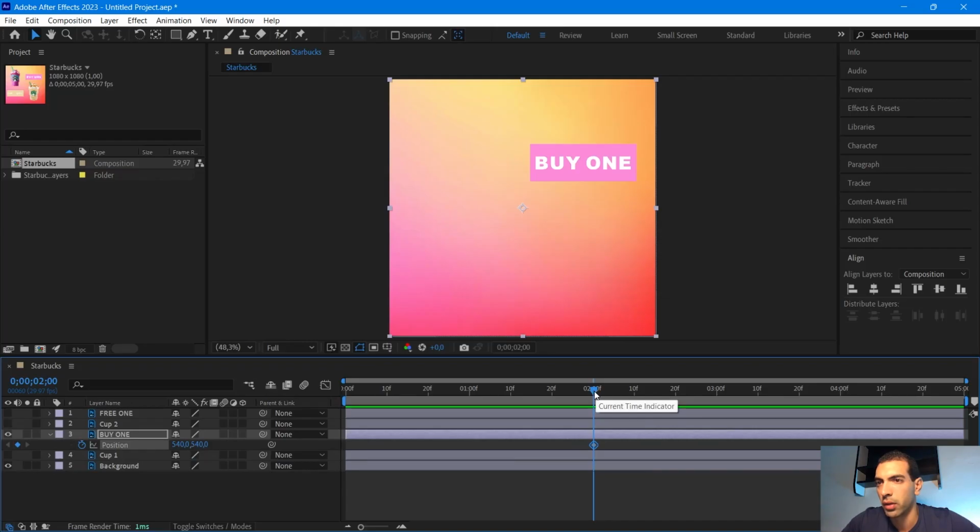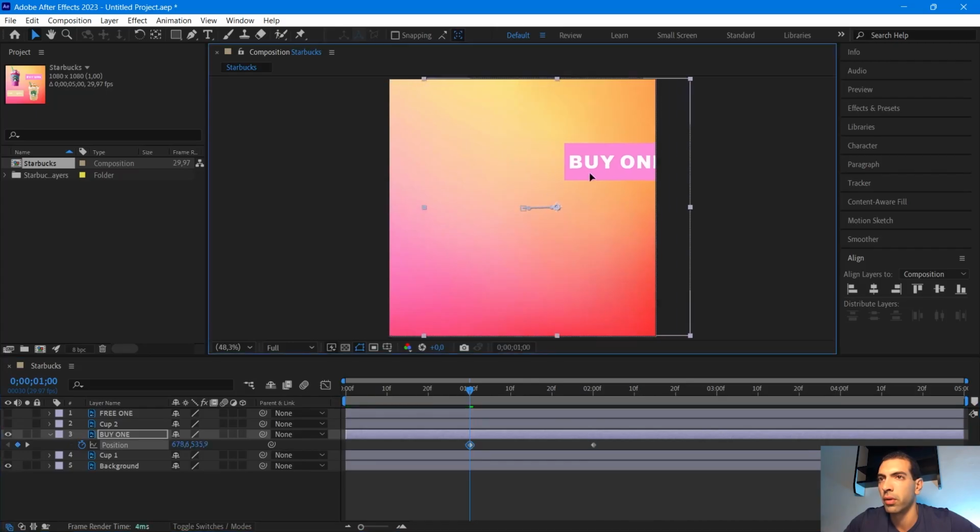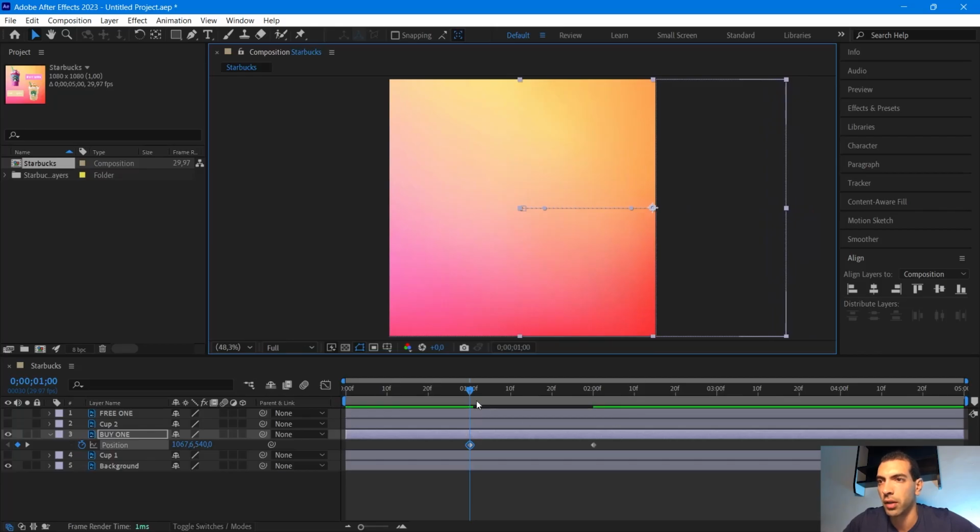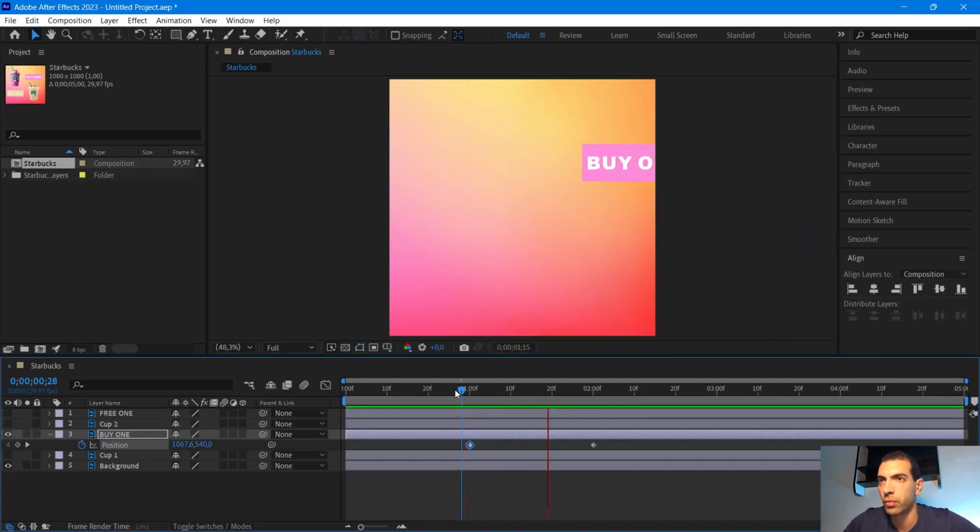I'm gonna go back by 1 second. I put the playhead right here at 1 second, and I'm gonna move the text to the right. I'm gonna press Shift like this and place it right here. Now if we play, we get this animation. I'm gonna select both these keyframes, F9 to easy ease. We get this effect,